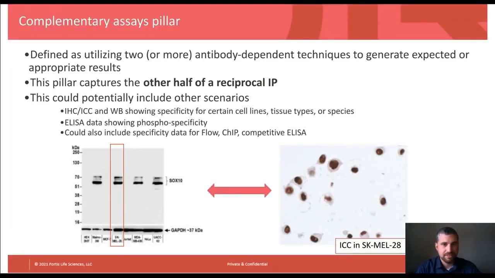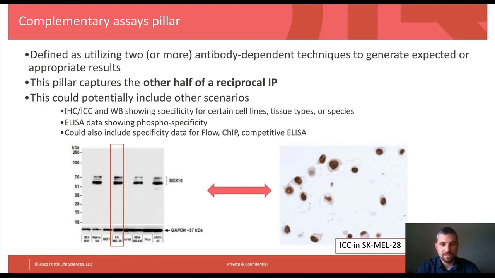The next pillar is the complementary assays pillar, and this is the other half of the reciprocal IP, where we have two or more antibody-dependent techniques that are generating similar results. So with the reciprocal IP, you've got an immunoprecipitation and the Western blot of that IP that are generating similar results. This can also include other scenarios like the one that I've got illustrated at the bottom of this slide here,